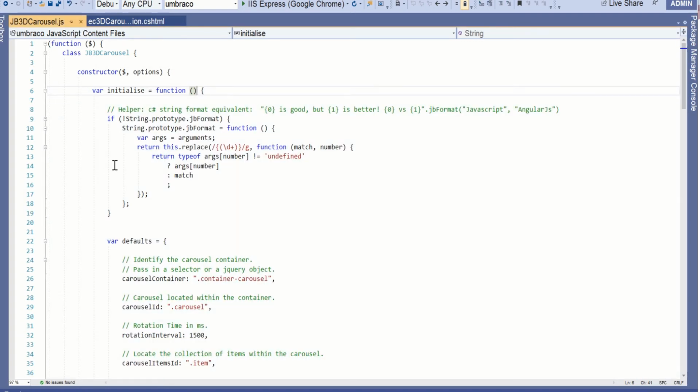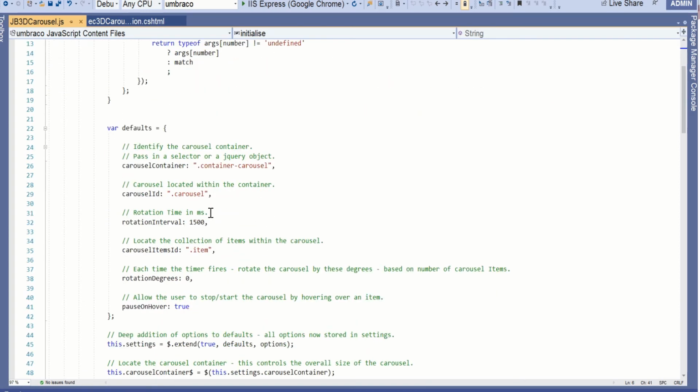On the initialization, helper function, C# format equivalent. We set the defaults